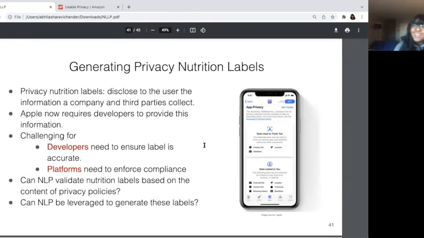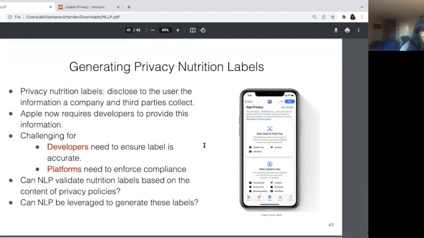The second application I'm interested in is about dealing with privacy nutrition labels. So privacy nutrition labels are meant to disclose to a user at a glance the information a company and any third parties collect. And Apple actually requires developers now to provide this information. But this is extremely challenging because developers need to ensure that these nutrition labels are accurate, and platforms may need